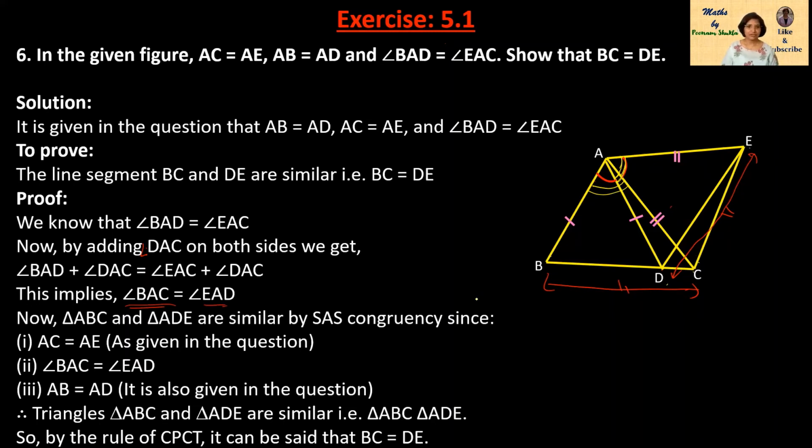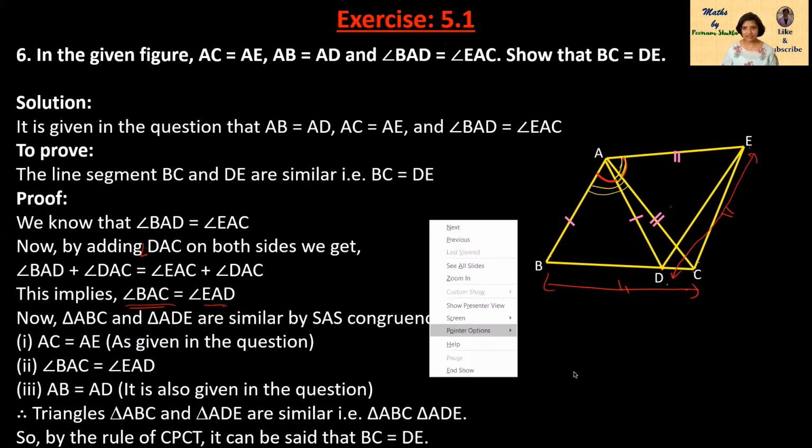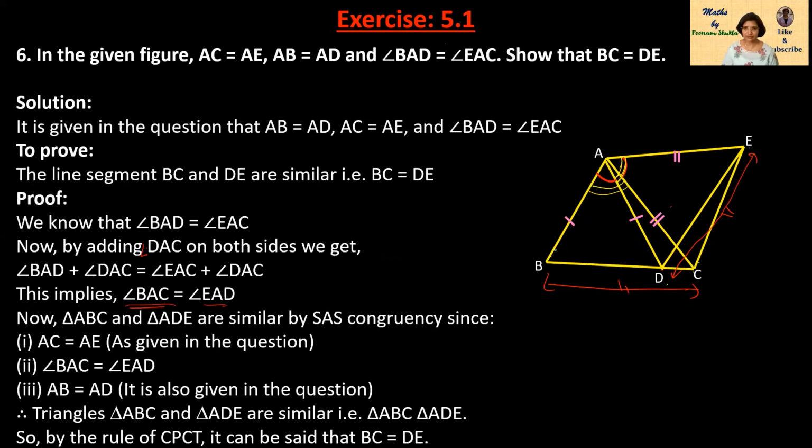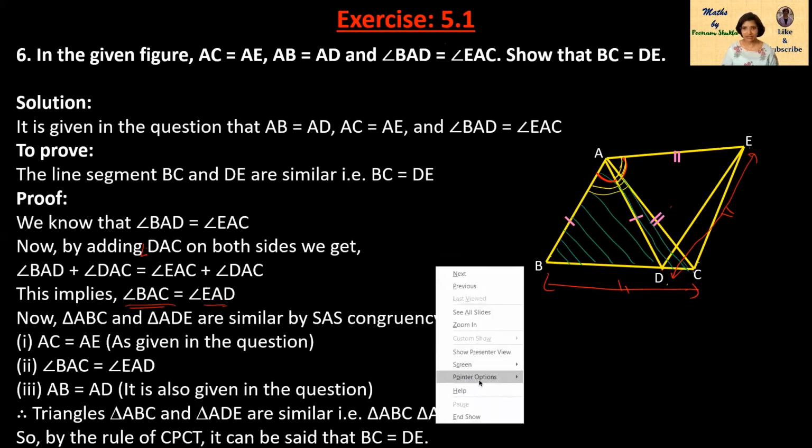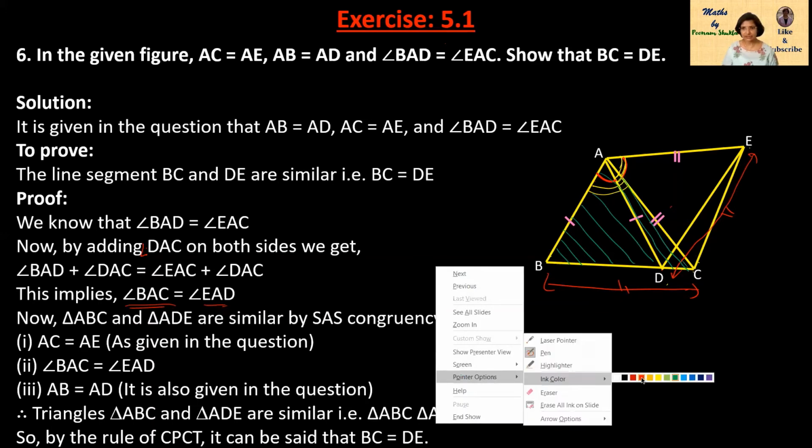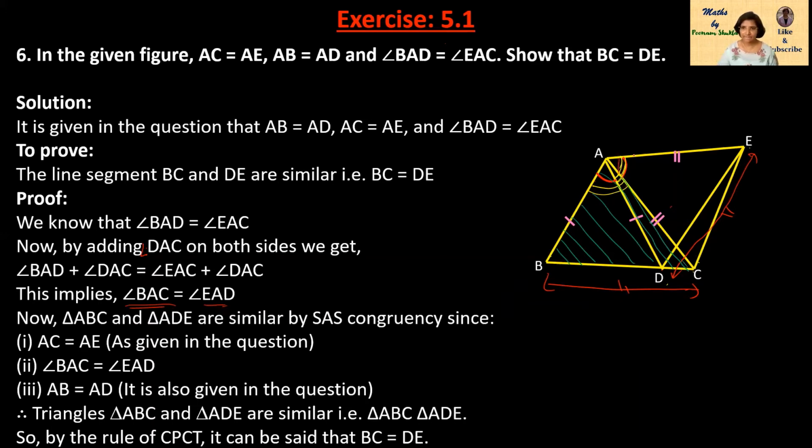EAD. Okay. So here, if I fill these two triangles, then it will be more clear. So let me do these two triangles. First triangle is this, which should be congruent to the other triangle, which is this one, this triangle, right? I think now it is more clear what to prove. So we have to prove that these two triangles are congruent.